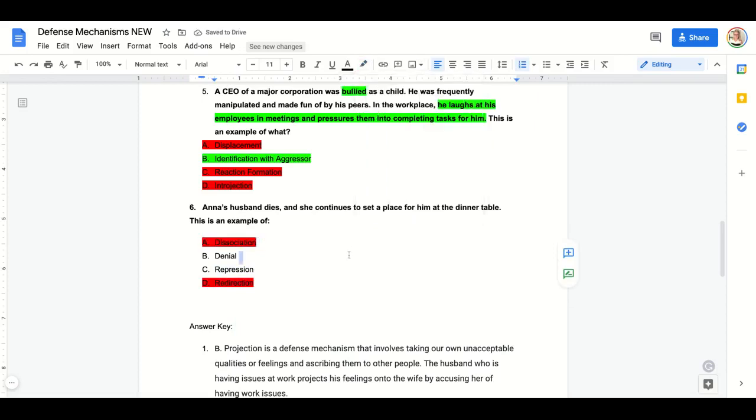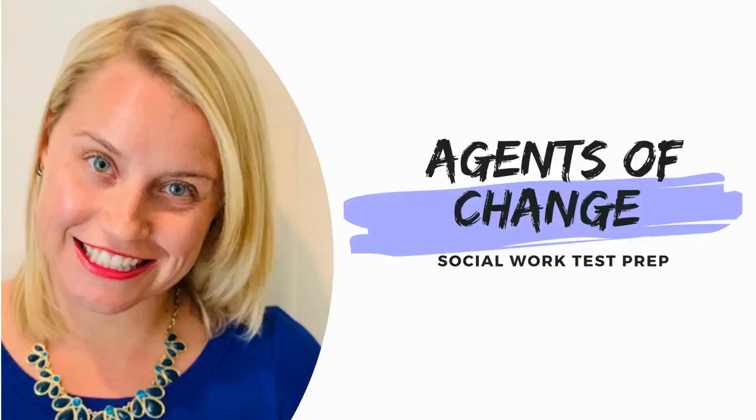So now we're down to denial or repression. These can look very similar. Denial is when you're denying some sort of external stimuli. Repression is not that you're denying what happens, but you have learned to restrain thinking about that or bringing up something because it's protecting you. So here, setting the place at the table, her husband's death, that's an external stimuli. It's going to be denial. Remember, with repression, you're not acting as if it never happened. You are trying to restrain it. And we don't have that information here, so we can go ahead and say denial is a better